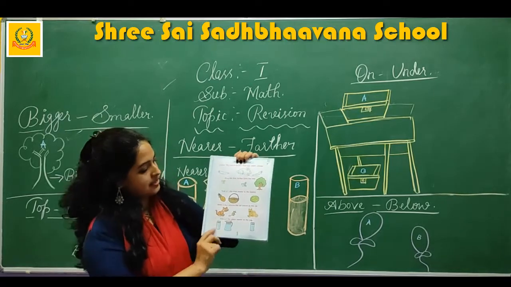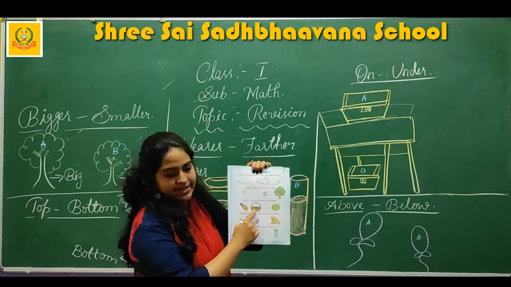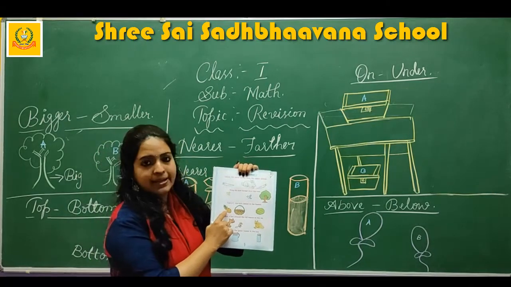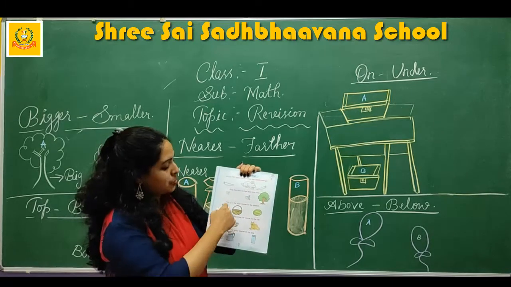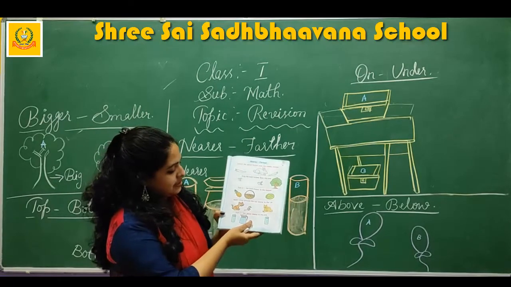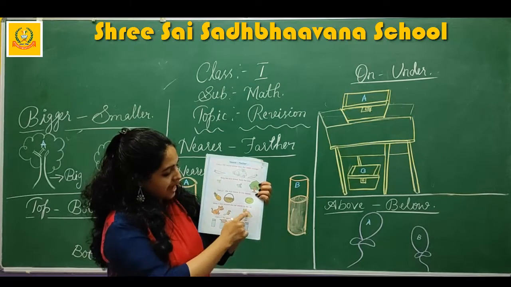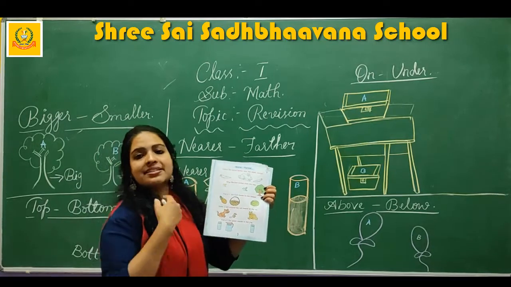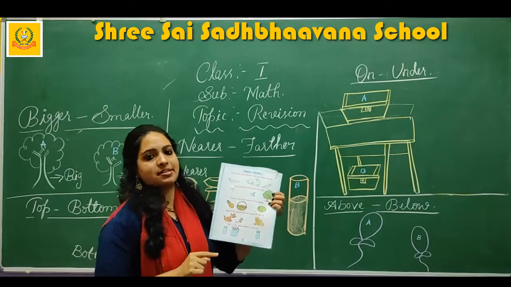Okay, children? Next. Pick the fruit nearer to the basket. Can you see the basket, children? Here two fruits are given, pineapple and watermelon. So which one is nearer to the basket? To that you have to put a tick. Next, make a box around the cat nearer to the rat. Here are two cats. Which one is nearer to the rat? To that you have to make a box.